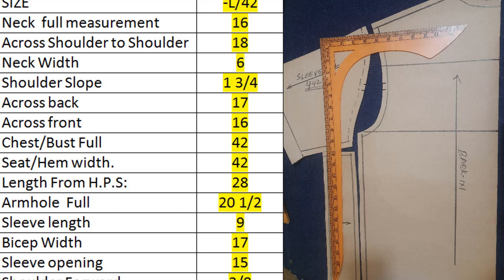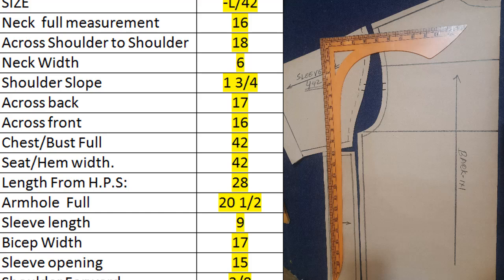Let's go work it. You're going to be needing your measurements given. Buyer size L by 42. Neck full measurement 16 inch. Across shoulder to shoulder 18 inch. Neck width point to point 6 inch. Back neck depth 1/4 inch less from 1 inch. Front neck 3 and 1/4 inch. Shoulder slope 1 3/4 inch. Across back width